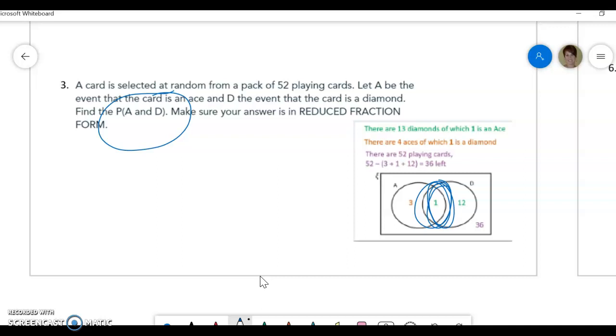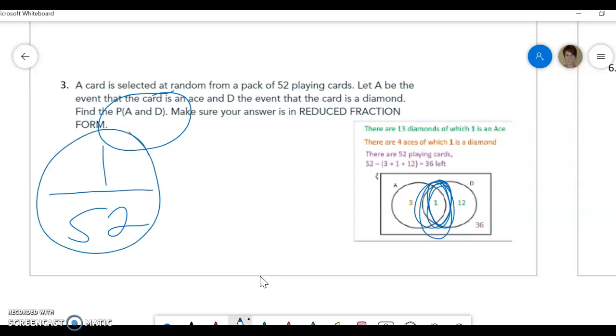So this is called an intersection problem. And obviously that's where the two circles intersect. So our denominator, once again, would be 52. And out of those 52 cards, we only have 1. So your final answer there should have been 1 out of 52. All right, so let's go on